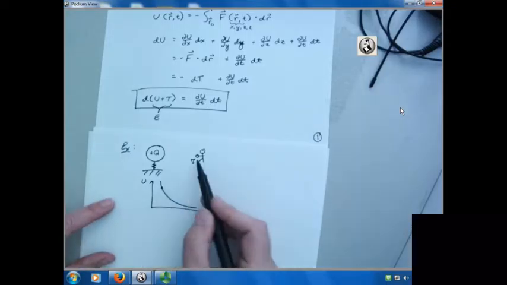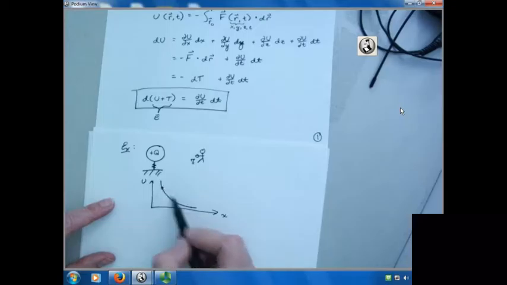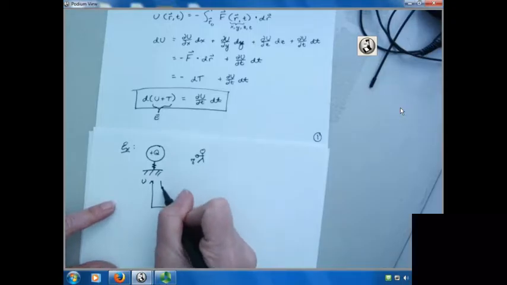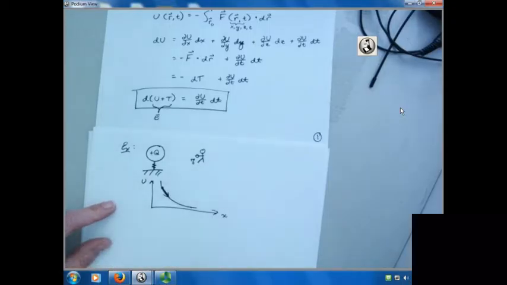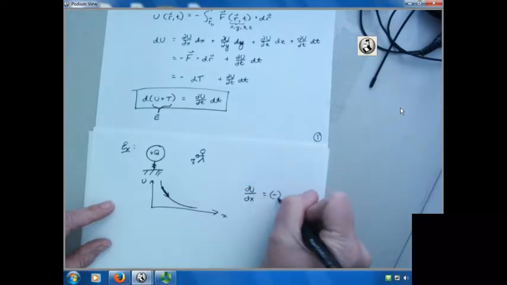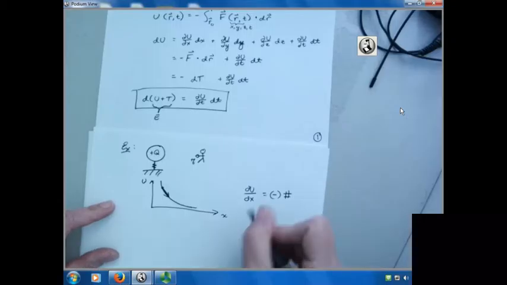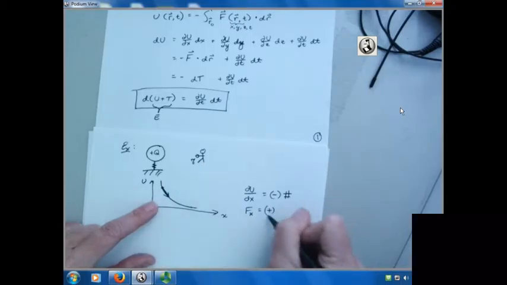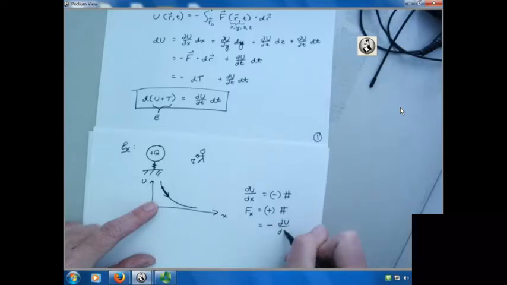That means that if I were to take my positive charge and place it here and release it, it would fly away, because there's a repulsion between these two. And so what that means is that as my slope on my potential energy diagram is a negative number, my force is this, my slope with respect to x. So let's note that dU/dx is a negative number. So that means that the force associated with this potential energy, its x component, is a positive number, because it is equal to the opposite of dU/dx.